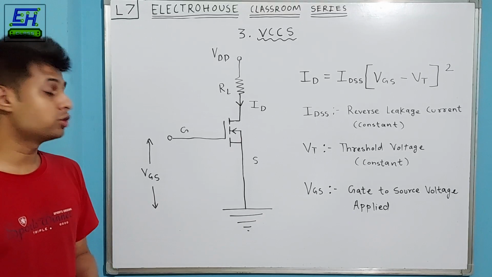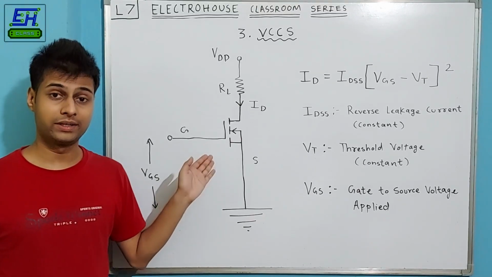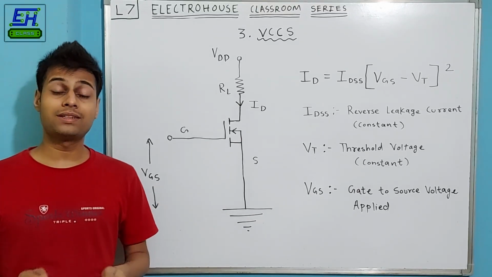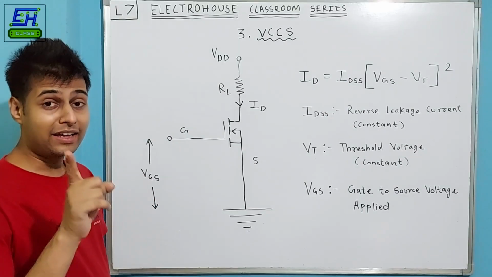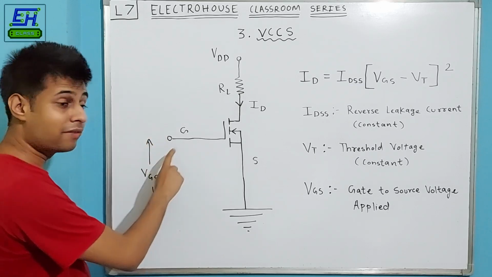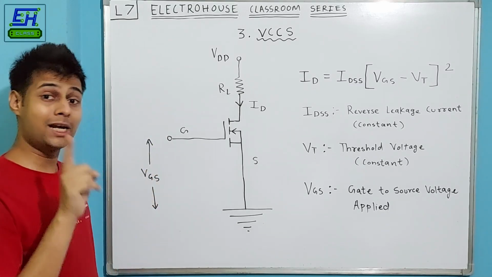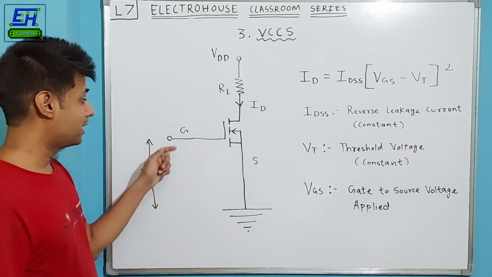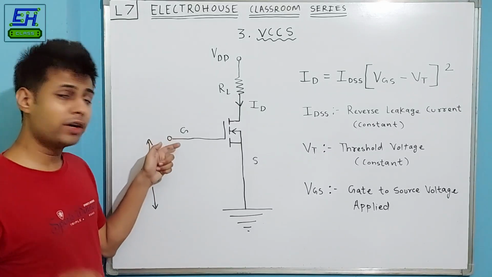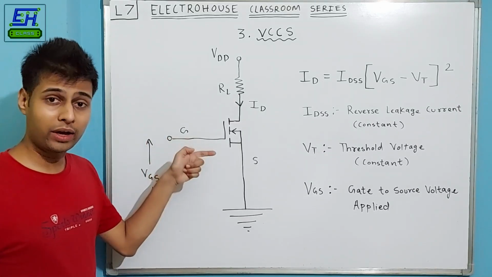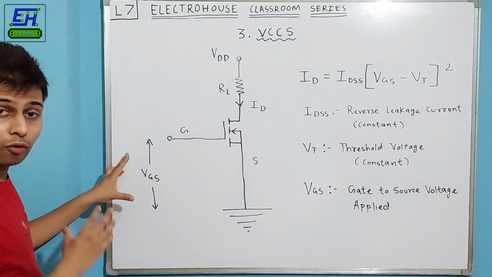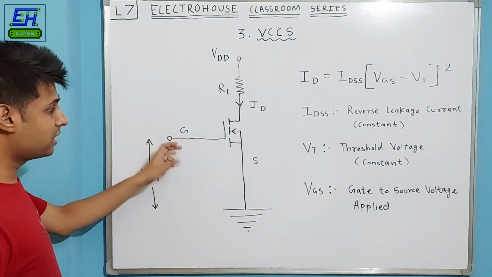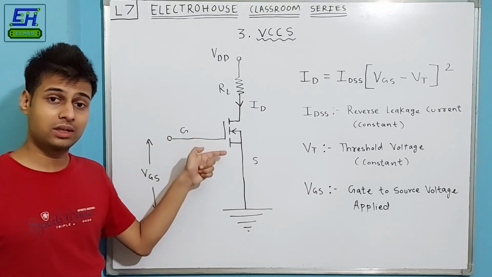So what are the applications of a voltage controlled current source like MOSFETs? Now let me tell you that these devices are very much efficient in purposes like switching or amplification. And here is the reason why. Because this device is voltage controlled and not current controlled, it actually means that there is virtually zero current flowing through the gate. Even though we are applying some controlling voltage VGS, there is still negligible current flowing through this.